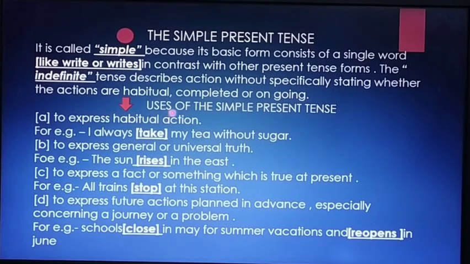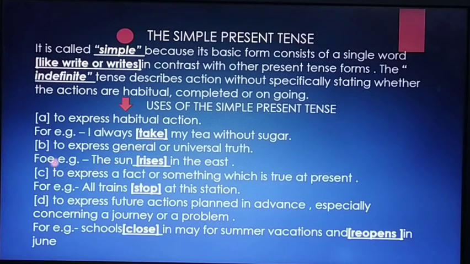So let's discuss the uses of the simple present tense. To express habitual actions, whatever habits we can express in present. I always take my tea without sugar. So this verb is bracketed. You can see the three forms of verbs: take, took, taken. So take is the present form of verb. To express general or universal truth that cannot be changed, the sun rises in the east. To express a fact or something which is true at present, all trains stop at this station, means this is